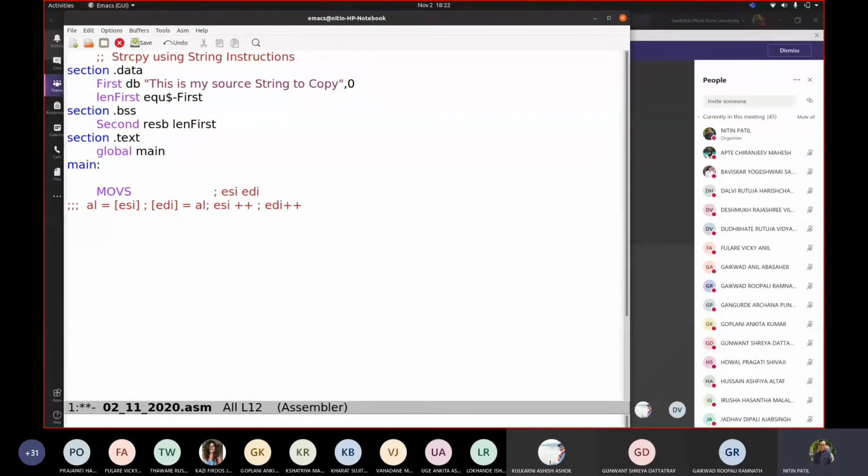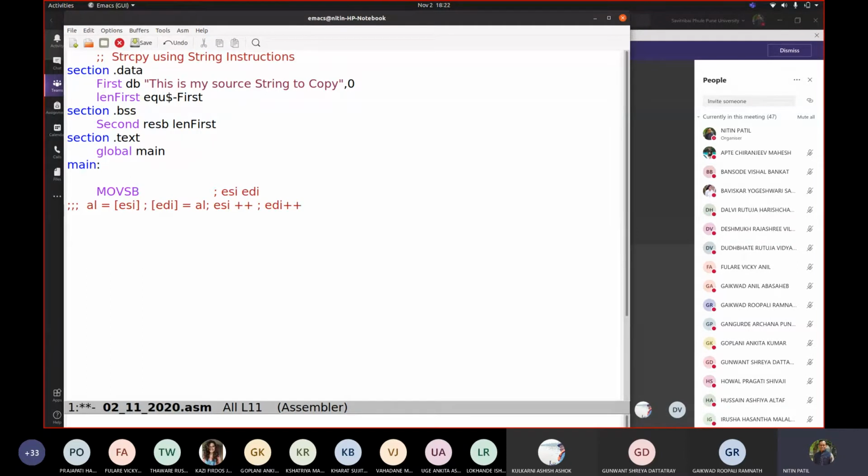So it increments both of them by 1. When I said AL, I mean it for movsb. If I write movsw, then this AL becomes AX. Correct. When I write movsd, it talks about EAX.